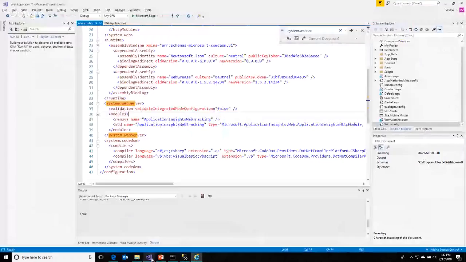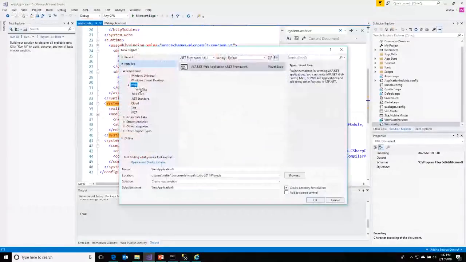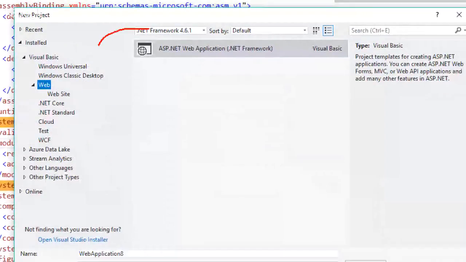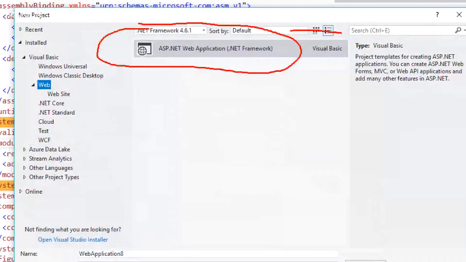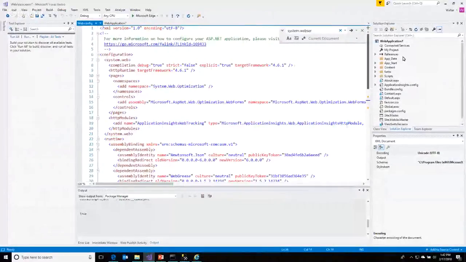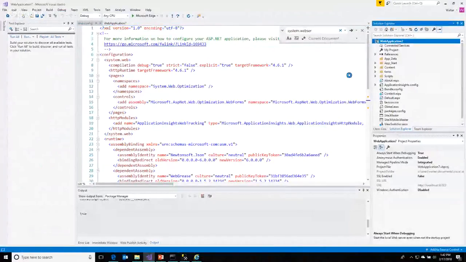All right. So what you can do is start by opening a new project and choose web applications. In this case, I'm just going to use an empty one. You can use VB, Visual Basic, or C#. It doesn't matter because they use the same templates. Once you have something here, you just save the project, and then right-click to publish.